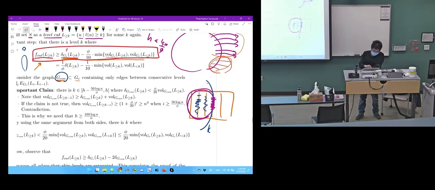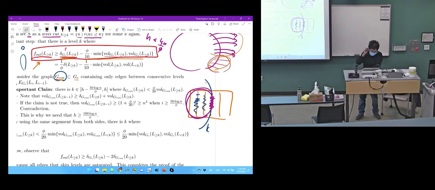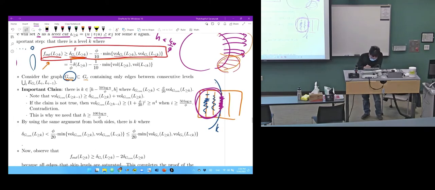And this is quite simple, it's just a ball growing argument. So why is that? Why must there exist such a level such that the cut size is maybe phi over 20 less than this? Because